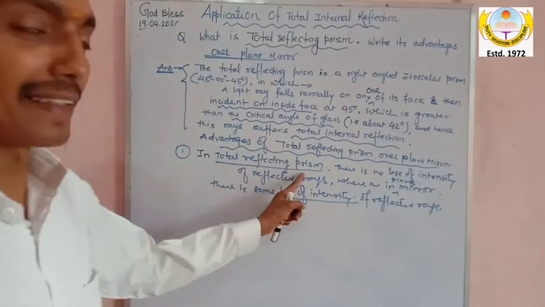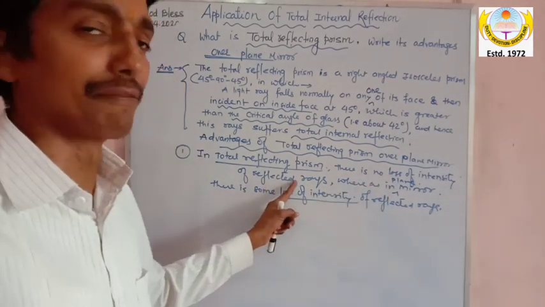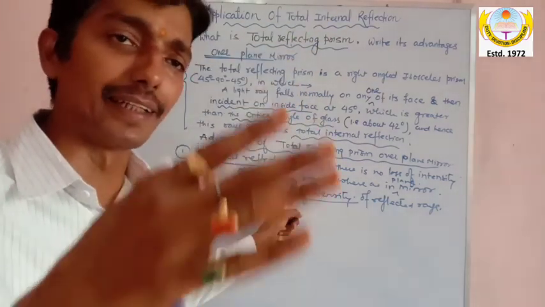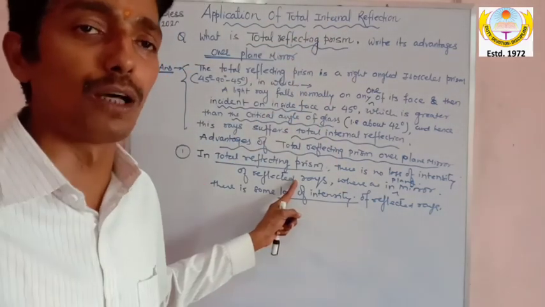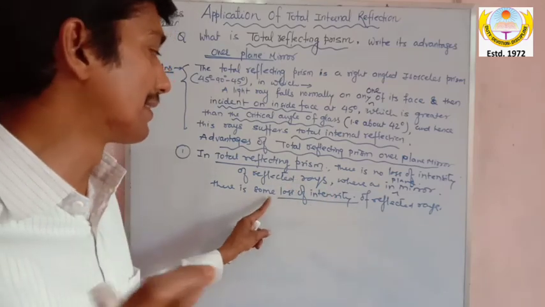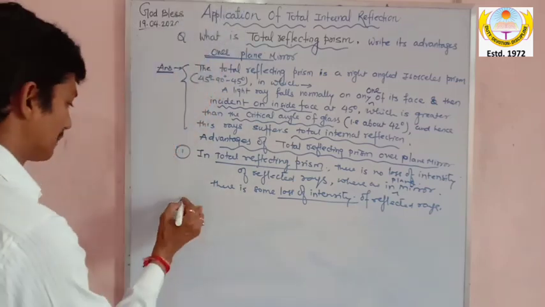So in total reflecting prism, my dear, the first point is very easy: there is no loss of intensity of reflected rays. There will be no loss, total rays will be internally reflected, there will be no loss of intensity while reflection takes place. But in a plane mirror, my dear, there is some loss of intensity of reflected rays. Second point, my dear,